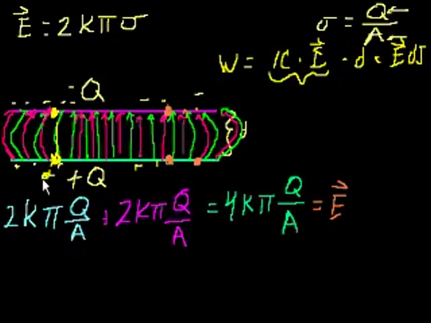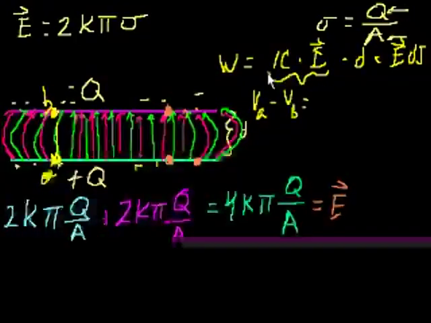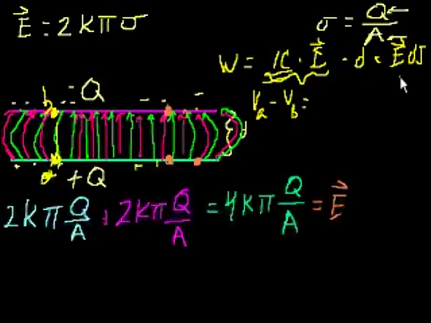Let's call that point A. Let's call that point B. So VA minus VB, which is the voltage difference, is essentially the electric potential energy difference divided by the charge, or per charge. Well, here the charge was just 1, so we can just divide by 1, and we see that it is equal to the electric field